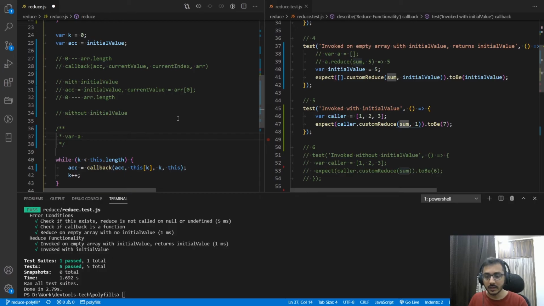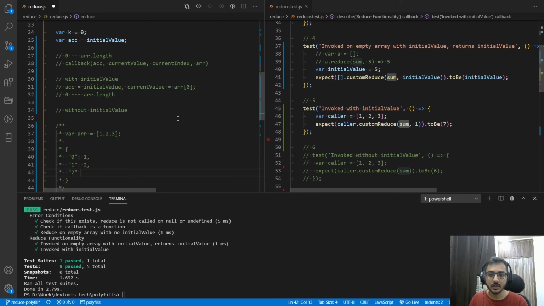So if you have an array arr with 1, 2 and 3 as the elements, arrays are basically objects. So at the 0th index key we have 1, at key 1 we have 2, and at 2 we have 3. So whenever reduce iterates over them, it can only iterate over 0, 1, 2.